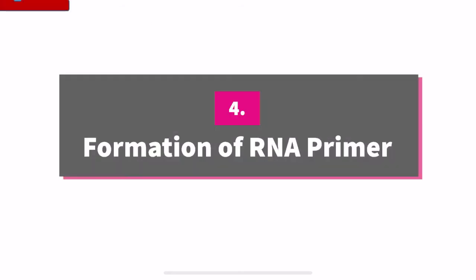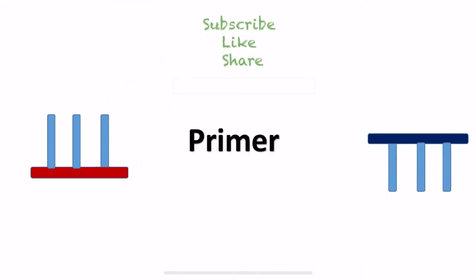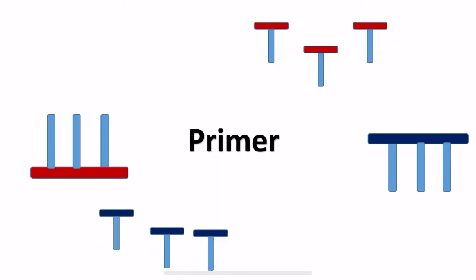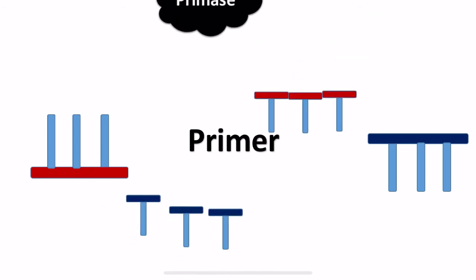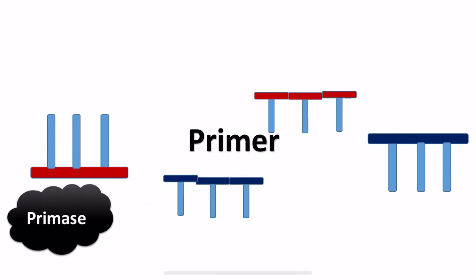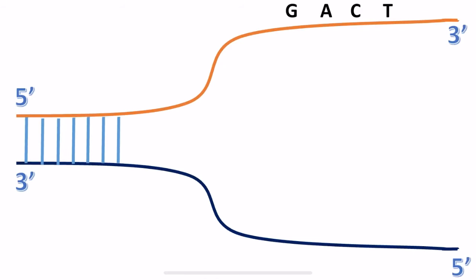Now the fourth step begins, that is the formation of RNA primer. The RNA primer is a short segment of RNA which is synthesized at the 5' end of the DNA before replication begins. Here the enzyme primase will help, and the free molecules, that is AUGC, will be polymerized and the RNA will be formed. So the primase will come, bond the free nucleotides and form a full primer structure.